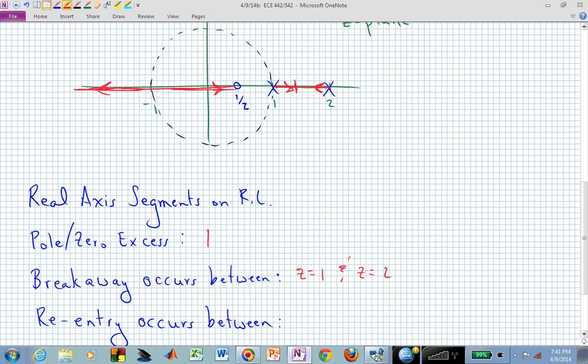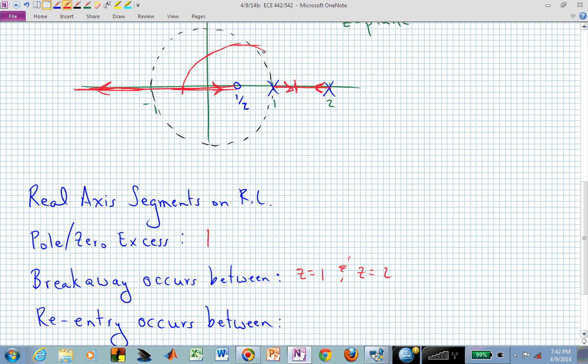But once we find the breakaway, then for this particular pattern of two poles on the right of a single zero, and that's all that you have on your pole zero diagram, we can use the distance between that breakaway point and the zero to form a radius of a circle, and that radius will then determine,